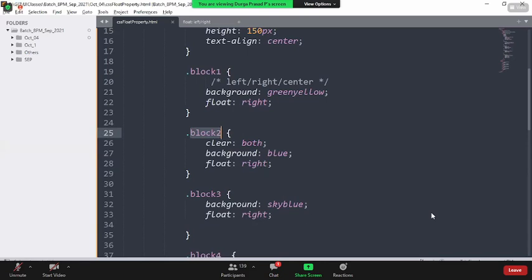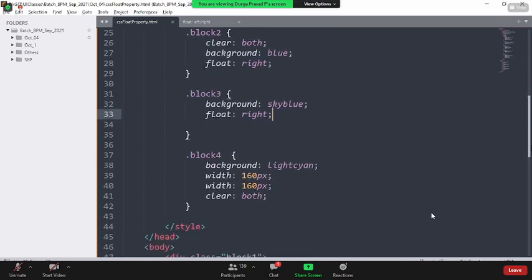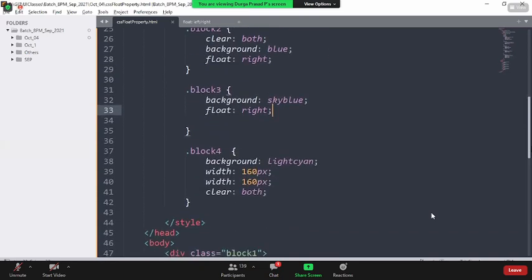Sir, could you please repeat about block 4? How is it overlapping? Small confusion. What block 4 does is, actually there is an abnormal job going to happen. The container will go to the background of the previous element and the content will fall under the next line. So the container will try to follow the previous element's direction, whereas the content will follow its own normal way. That is the reason block 4 was coming at the back, in the next line, but its background was not there. Why so? The background was following the previous element.